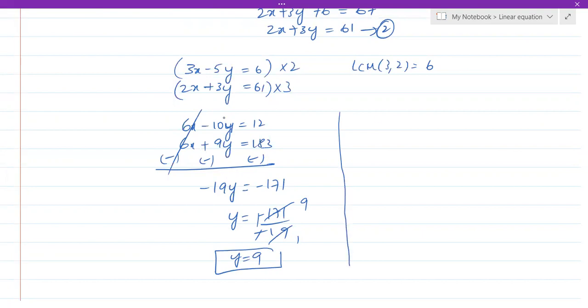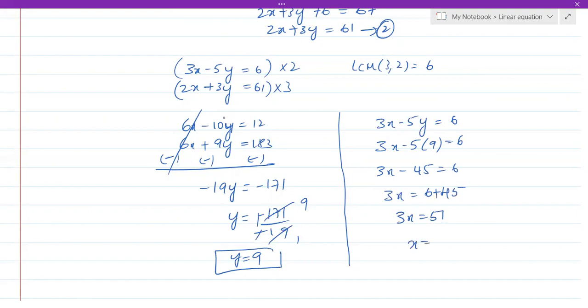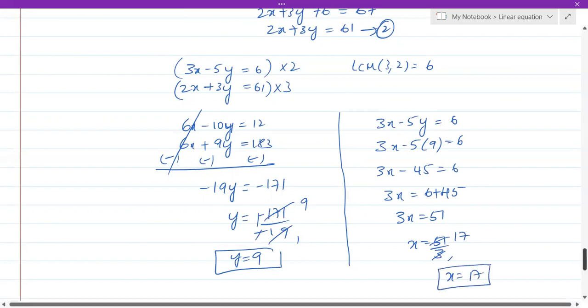Next, let's find the value of x. We know that 3x minus 5y is equal to 6. So 3x minus 5 times 9 equal to 6. 3x minus 45 equal to 6. Therefore, 3x is equal to 6 plus 45, which becomes 3x is 51. x is equal to 51 by 3. 3 ones are 3, 3 sevens are 21. Therefore, x is 17. Therefore, the value of the length is 17 meters and the value of the breadth is